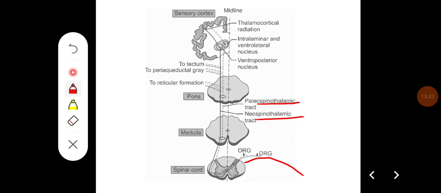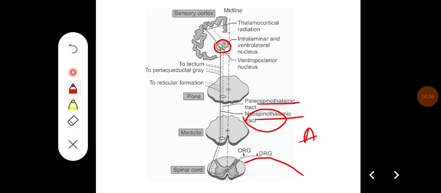Then the second order neurons ascend in the spinal cord in the spinal lemniscus. They reach the thalamus, whereas the neospinothalamic tract, which has fibers mainly of